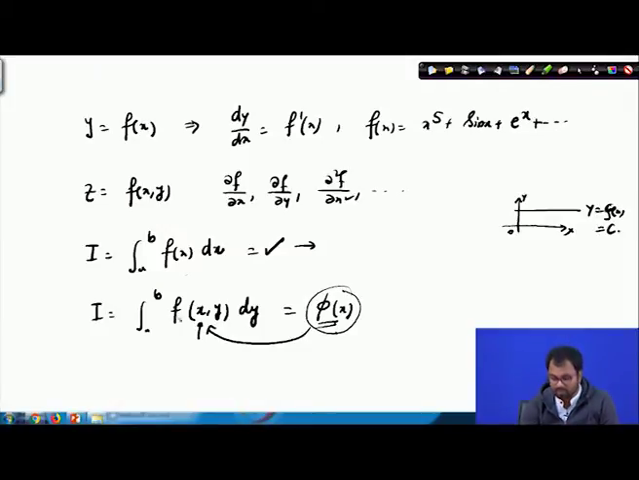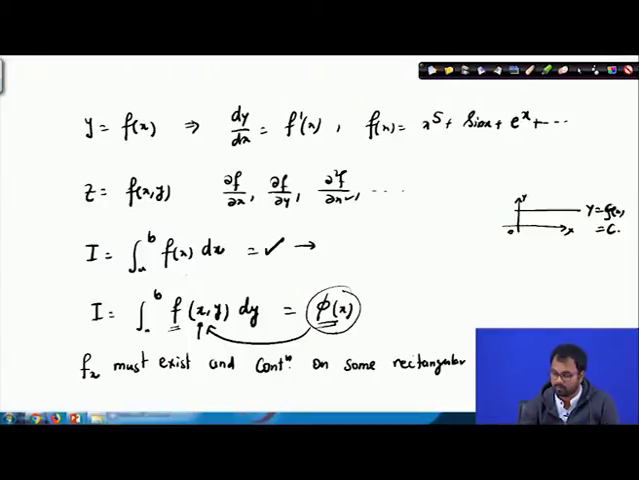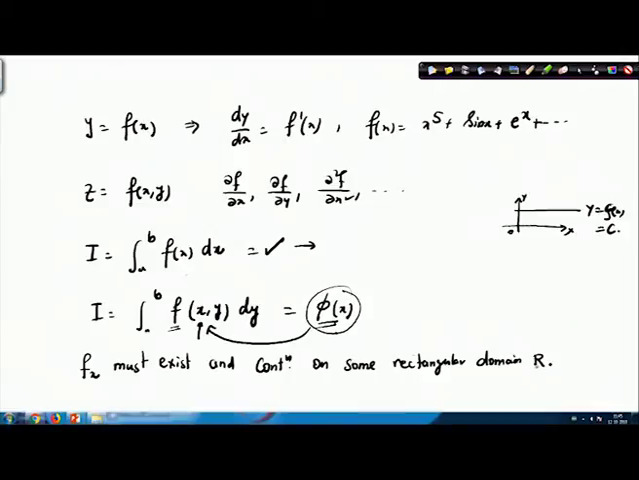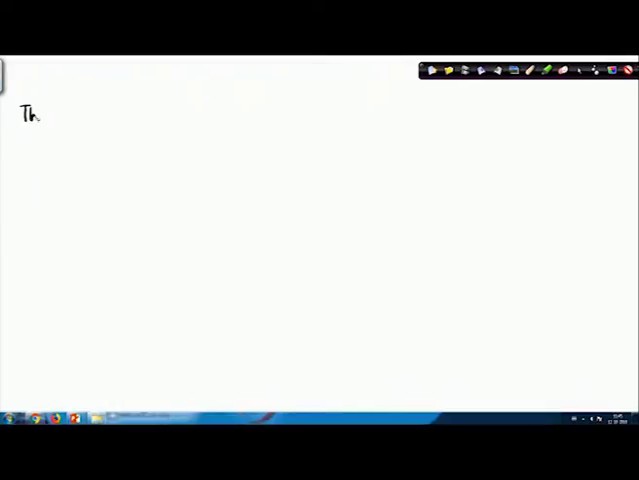So, that means this function f x must exist and be continuous on some rectangular domain, on some domain R. So, I can put this whole thing in a statement. Let us put this whole thing in a statement or a theorem. So, the theorem reads as